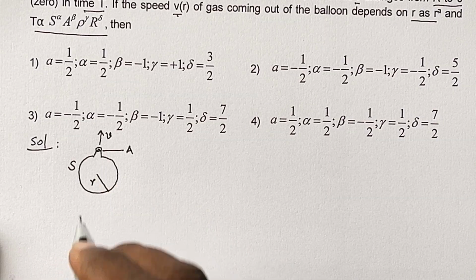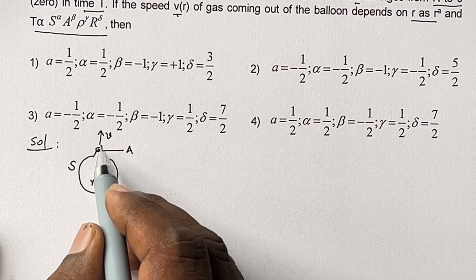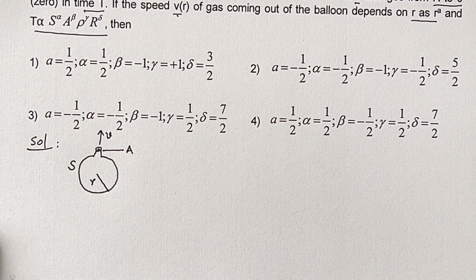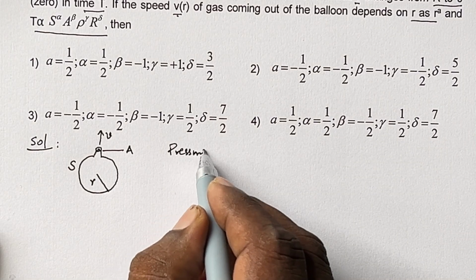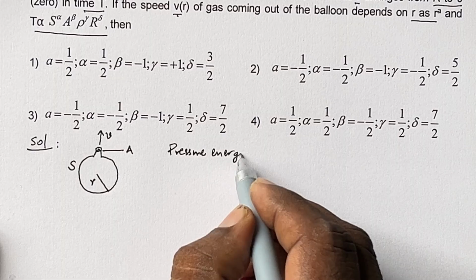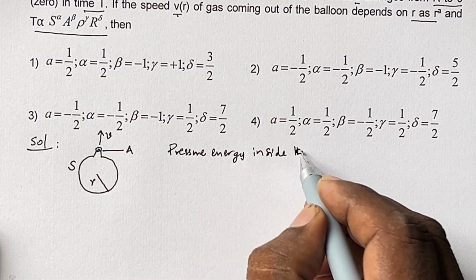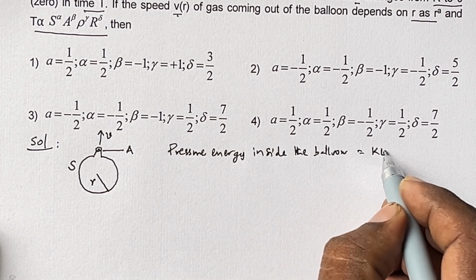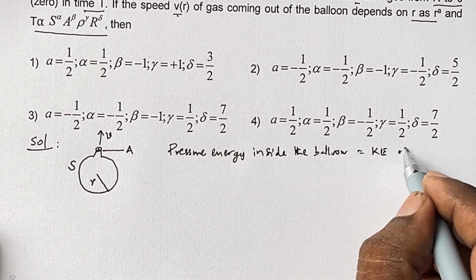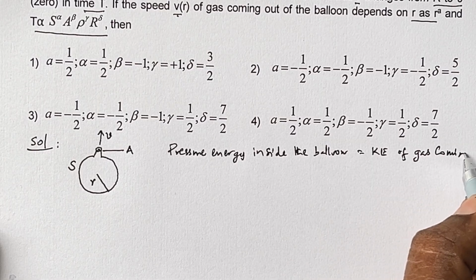That pressure energy is coming out as kinetic energy. So the pressure energy inside the balloon is equal to the kinetic energy of the gas coming out,